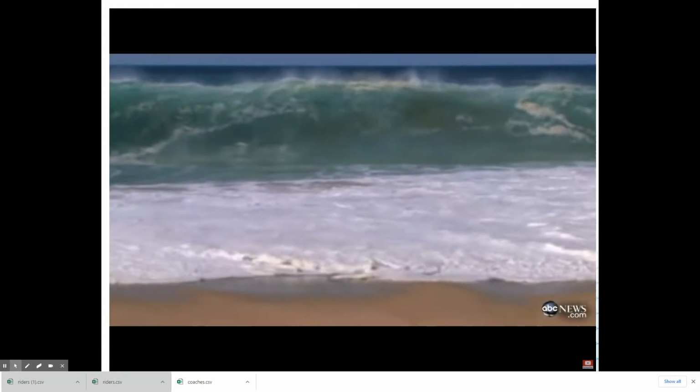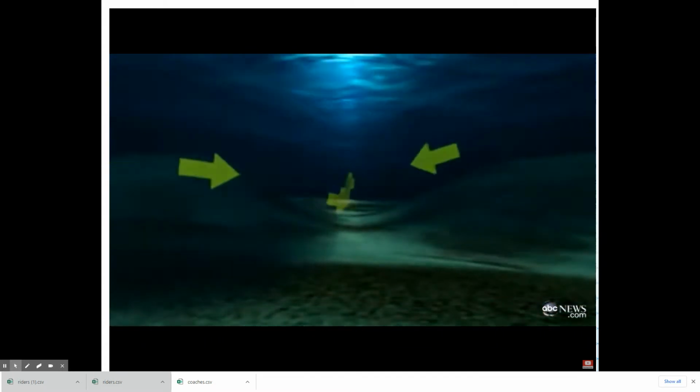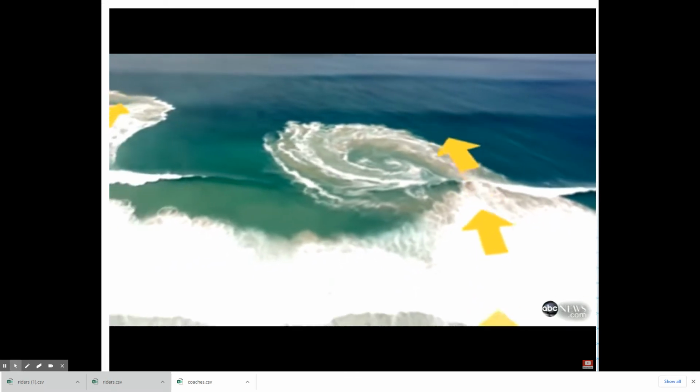That power forms as water piles up close to the shore. Then there's a break in the sandbar or bottom, and a fast-moving river rushes back out to sea. So my natural inclination,